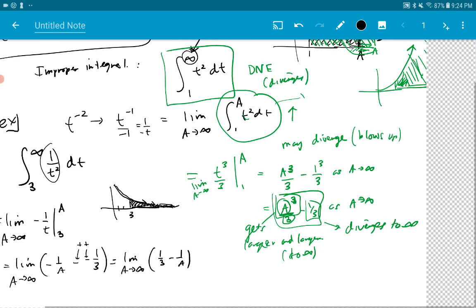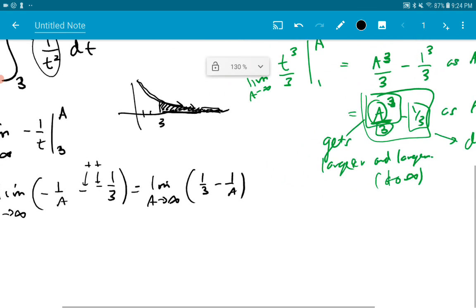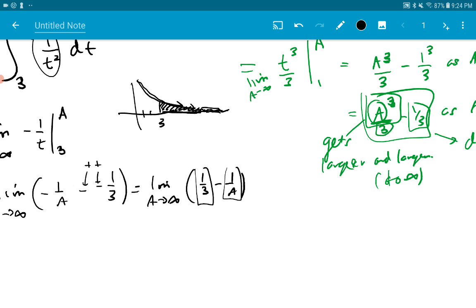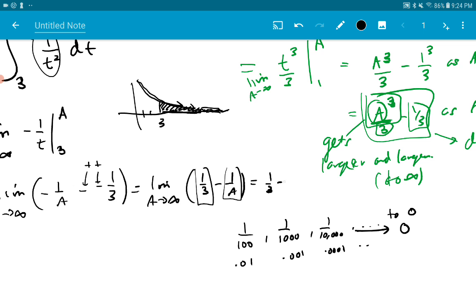Now let's look at what happens as a goes to infinity here. Well, as a goes to infinity, the 1/3 stays at 1/3. What about 1 over a? Think about 1 over a large number. It's like 1 over 100, and then maybe 1 over 1,000, 1 over 10,000. I think you'll all agree with me, this is 0.01, 0.001, 0.0001, etc. This sequence converges to 0 as a gets large. Okay, so this whole thing will equal 1 over 3 minus 0, which is 1 over